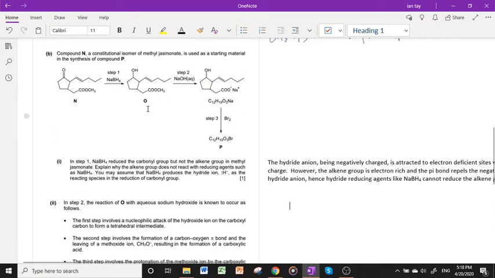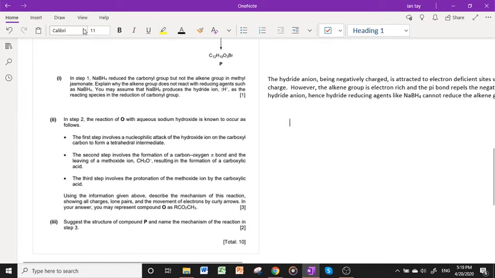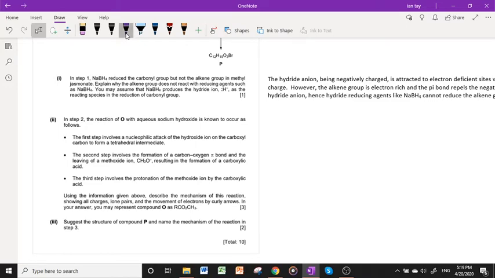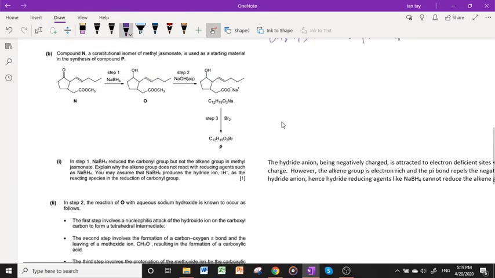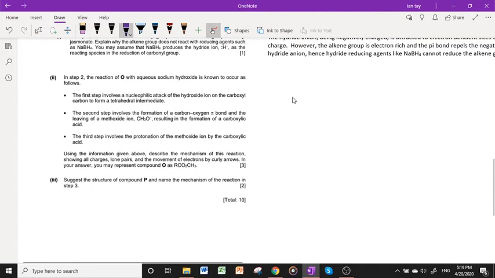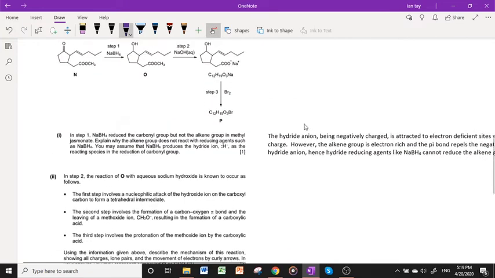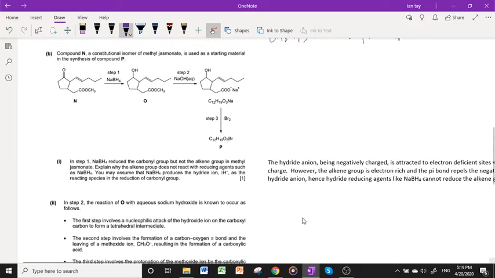So the carboxylic acid carboxyl carbon, right? Let me draw it out so that you can actually see. Actually, this is a rather standard hydrolysis mechanism, but unfortunately it's not in the H2 syllabus. So even though I know this mechanism, I'll pretend as if I don't know and work it out based on the prompts. And what is the compound? The compound is